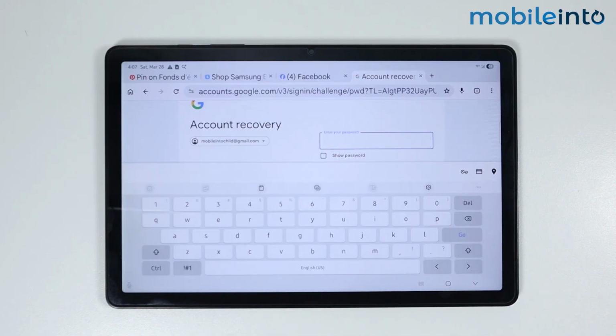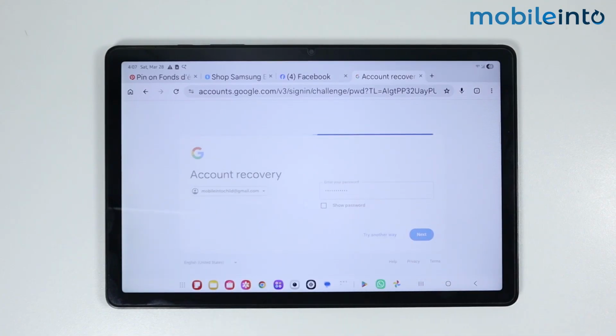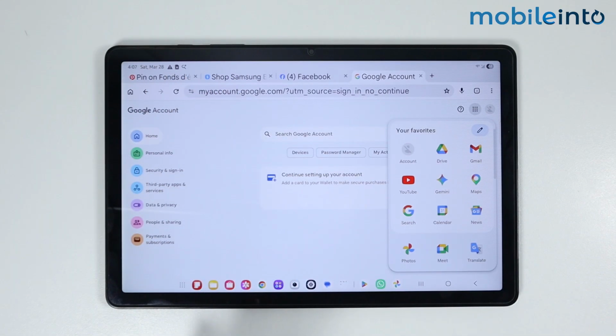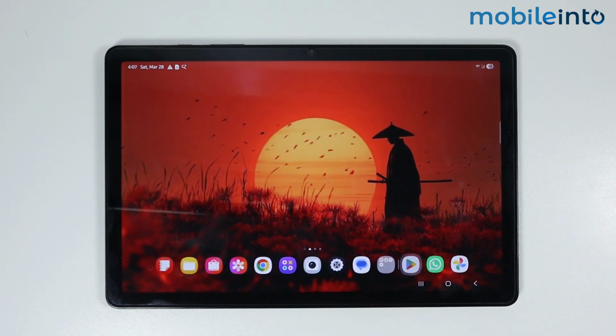Then enter the password of the Gmail address. Then tap on Next and tap on Continue. And as you can see, we have successfully recovered the deleted Google account. Now let's go to the home screen, and if I open the Google Play Store,